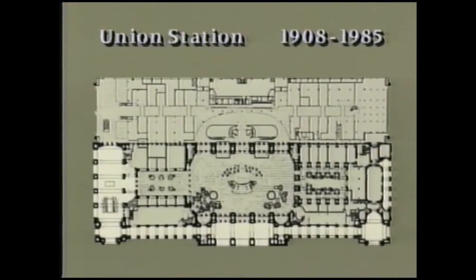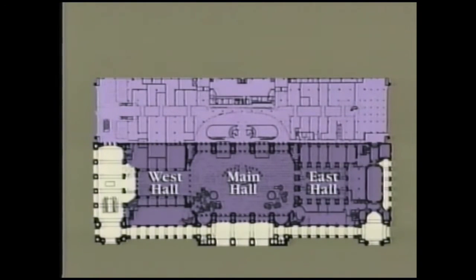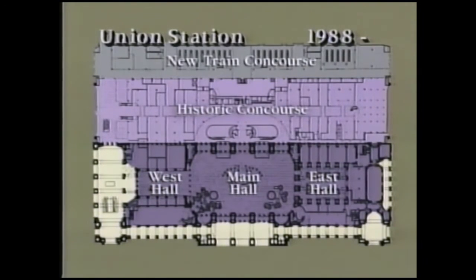The original station had 2 street-level sections over a basement. In the head house, the West Hall was used for baggage and ticketing. The main hall was the waiting area, and the East Hall was the station restaurant. Rail services were located in the train concourse. During redevelopment, this historic concourse was converted into 3 levels of commercial space, and a new train concourse was added